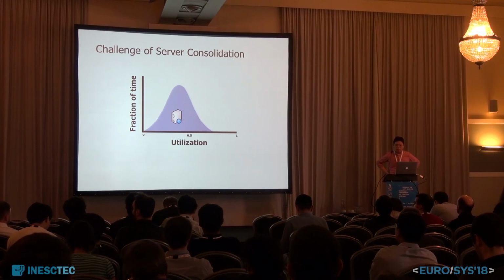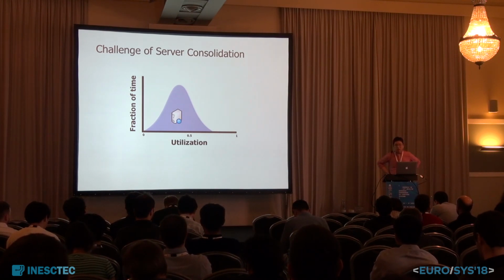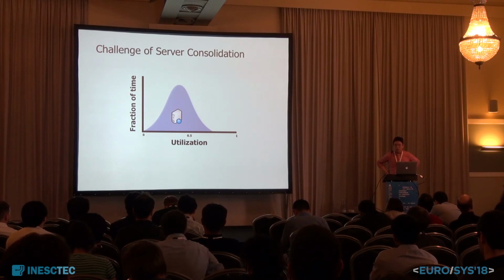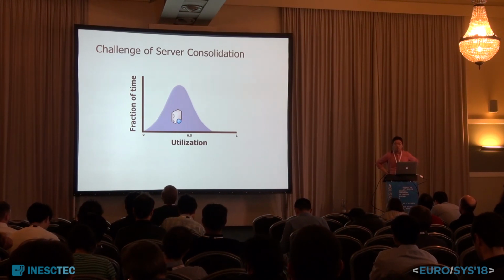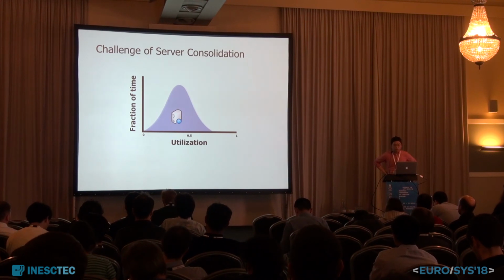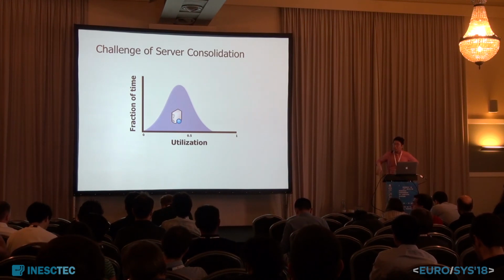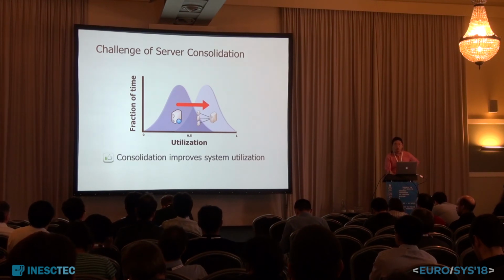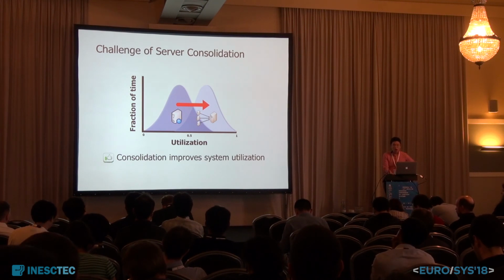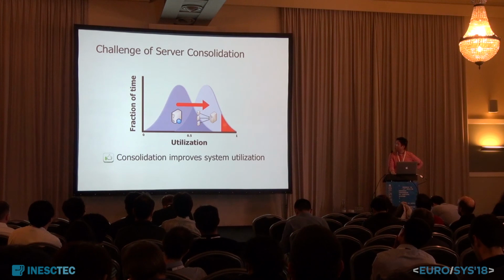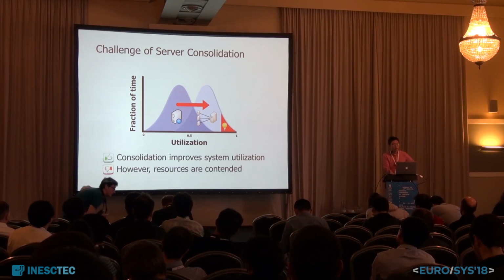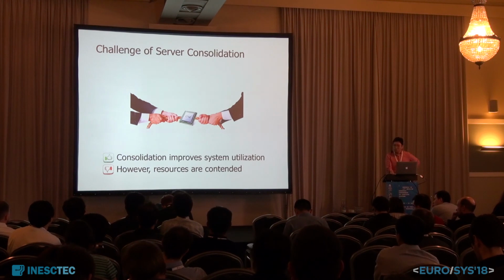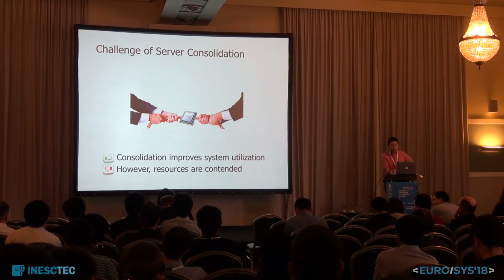We already know that server utilization is critical for efficiency in clouds as well as data centers. This graph shows a typical case where traditional compute servers are underutilized on average. So what we'd like to do is move this hump to the right to have higher utilization for a large fraction of time. Consolidating multiple virtual machines into fewer servers can significantly increase resource utilization. However, sometimes unexpected performance degradation occurs because of resource contention. So in this study, we focus on CPU sharing problems among virtual machines.